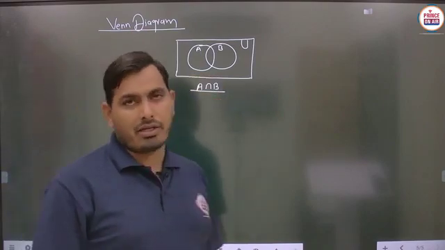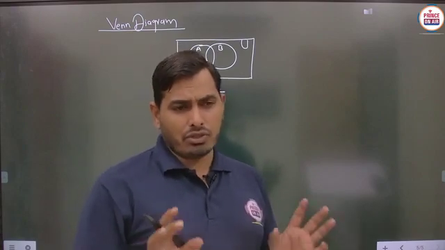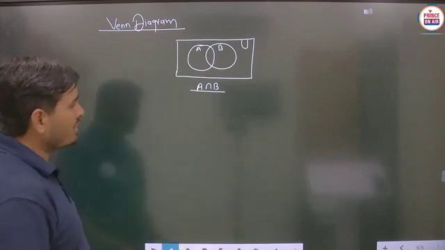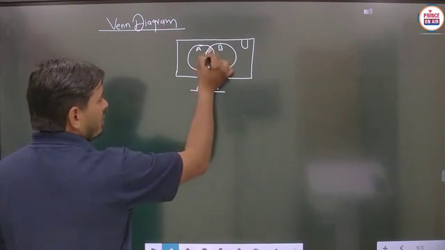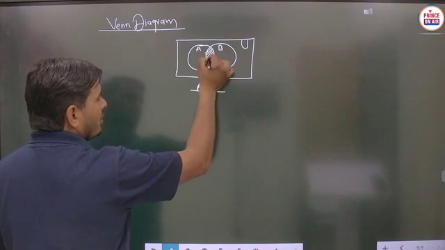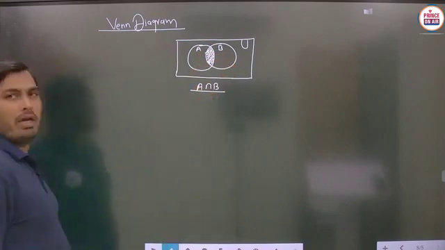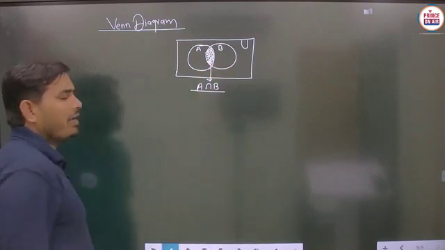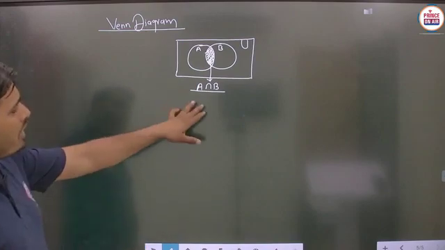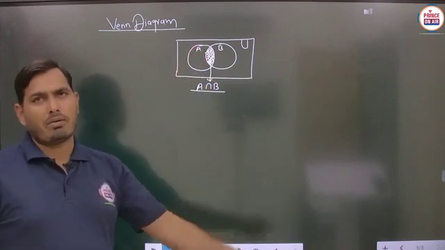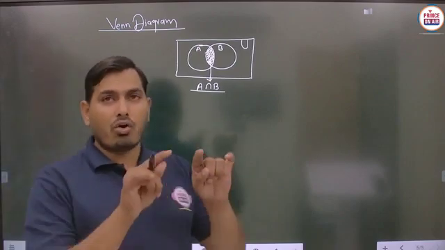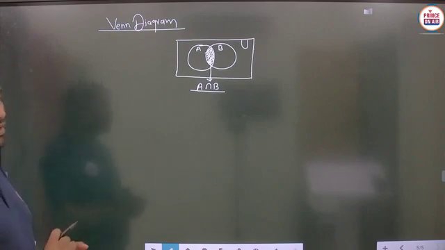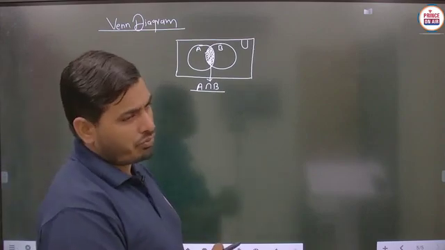So in A intersection B, basically we have to see the particular area where A intersection B will lie. So you can say that this particular area will be common. This particular area will be common. So this particular area will represent A intersection B. Means the answer of this intersection will always lie in this particular region. So, student, we have to set the common region to both sets A and B. So this is basically defined as the Venn diagram of the intersection of two sets. Is it clear?